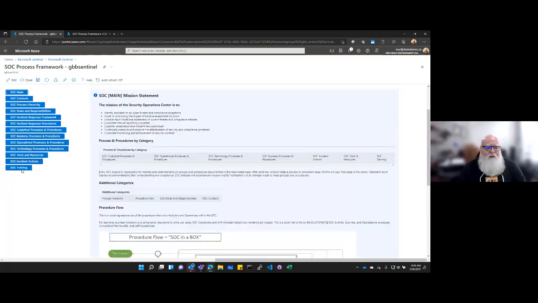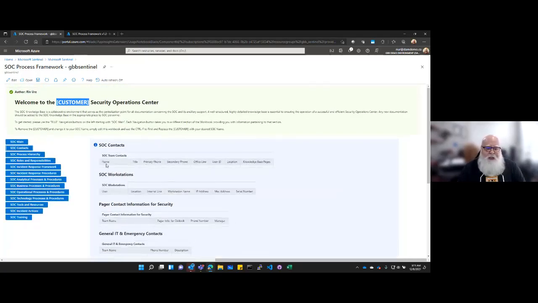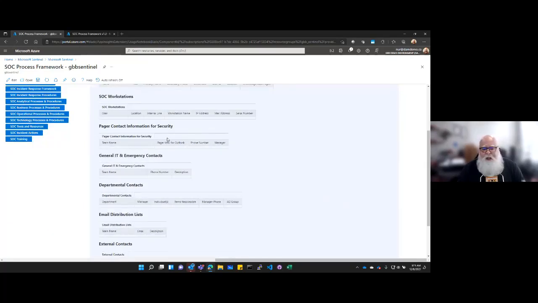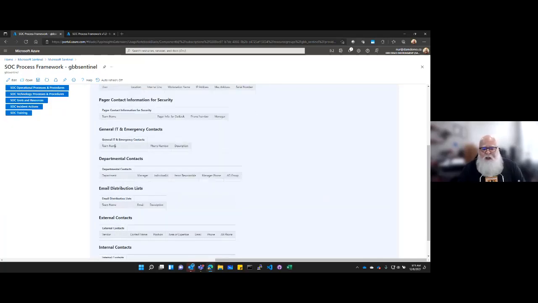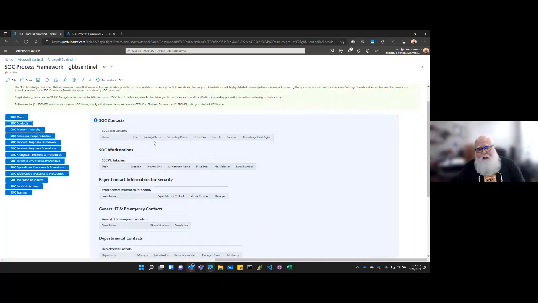On these other areas of content, we have SOC Contacts. This is again a markdown page where you can come in and update through Markdown any of your SOC team workstations, pager contact information, general IT and emergency contacts, escalation, departmental, and so on and so forth. So there's some of those things there. Again, a page for you to continue to update and modify, but it's a placeholder for any of your analysts so that they can come in and immediately have a quick reference for where these individuals may live or